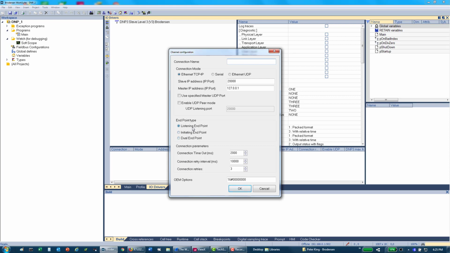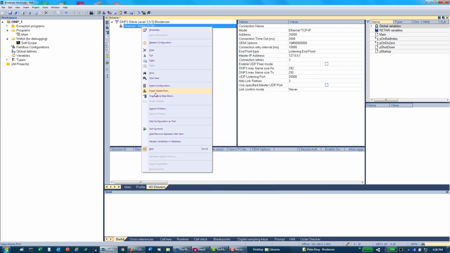If we're a listening device, then we wait to be connected to from the SCADA host, and we then learn of that SCADA host IP address, etc. If we're initiating, then we would have to put the master's IP address and port number in this field here, because we couldn't initiate a message without knowing who to have the conversation with. But by default, by leaving it in listen mode and listening on port 20,000, we are going to listen for a master to talk to us, and after that we will learn the master's IP address. So let's accept the defaults,